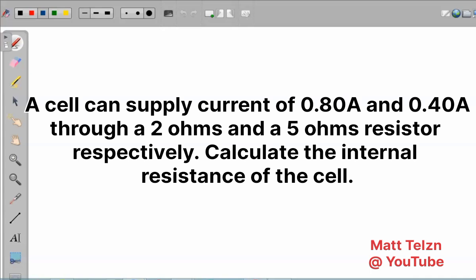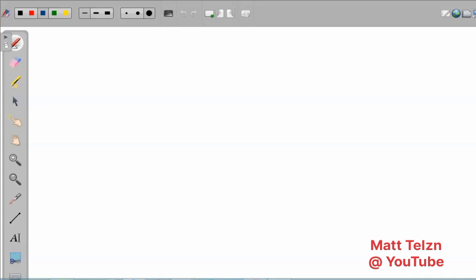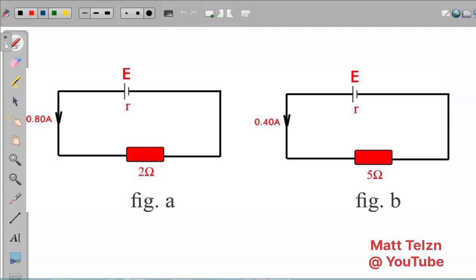From the question, we have 2 cells because we have 2 currents and 2 external resistors. The 2 ohms there and the 5 ohms are the 2 external resistors. So what that means, we are going to have 2 circuits. Now observe. Now considering the 2 circuits that we have there,